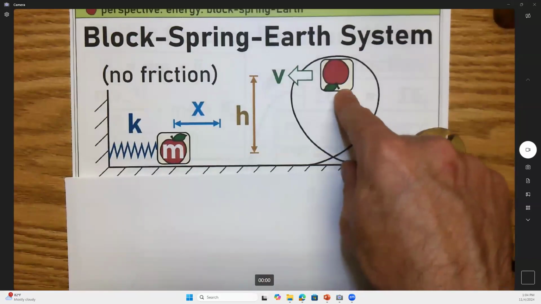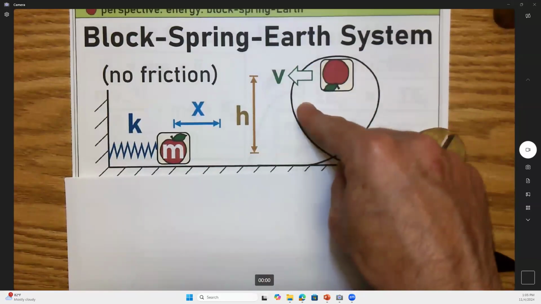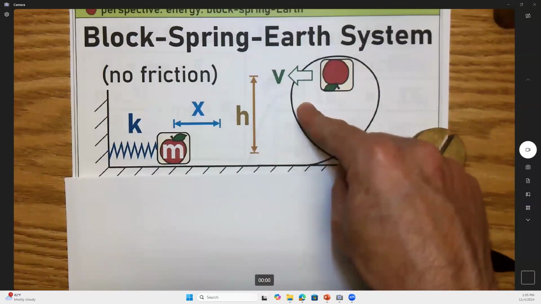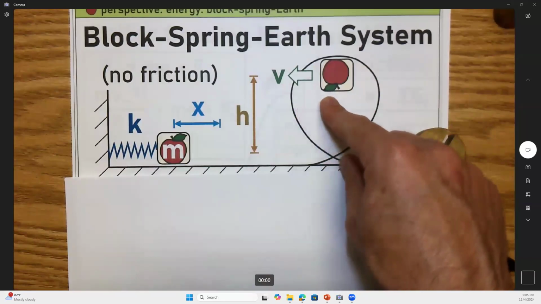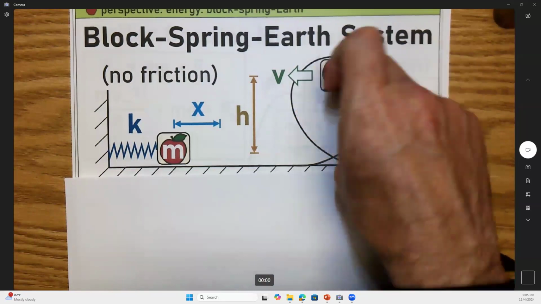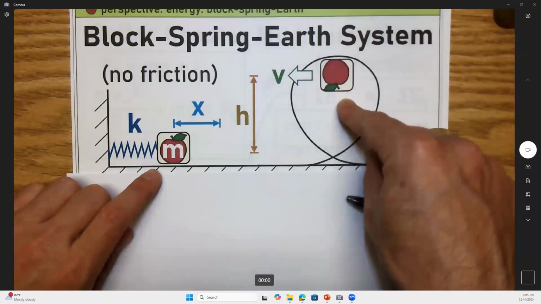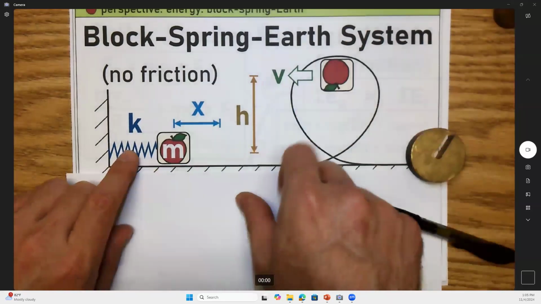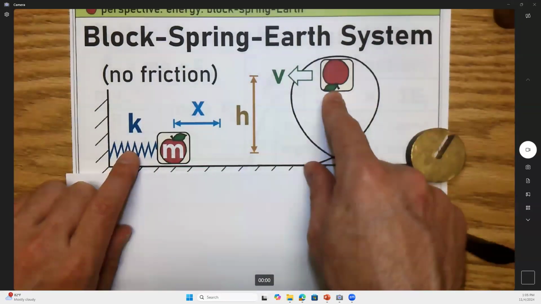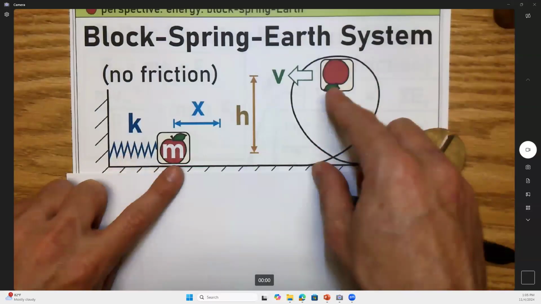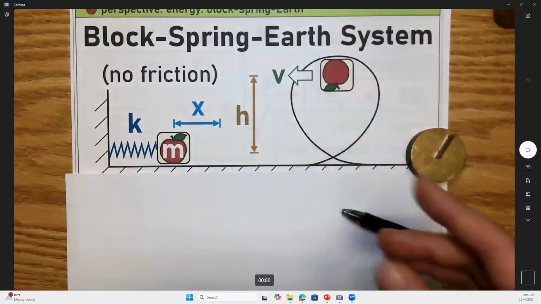Hey, is there some minimum speed to guarantee that it gets around the top of the loop? There is. We've been solving that the last few weeks. I know it's equal to square root of gR, right? I remember that. Radius of curvature, gravity field. Maybe that could be my question. It's like, how much do I have to compress the spring to guarantee it gets around? Or what's the minimum spring constant? Or what's the maximum mass I could use? I could ask any of those questions.